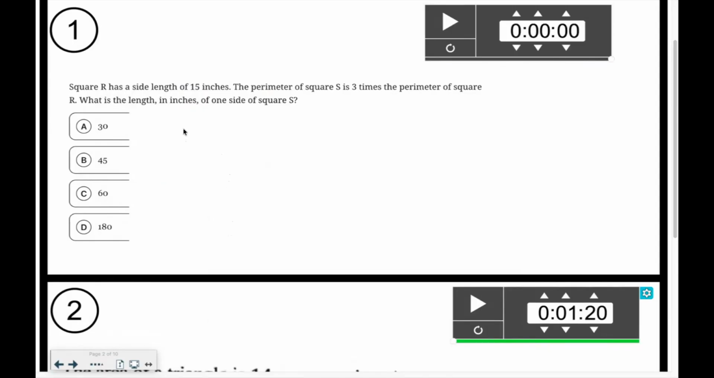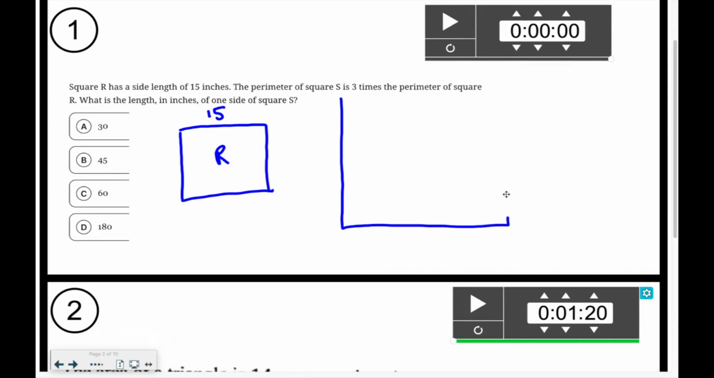All right, so for this one, I'm going to do it the longer way first, and then explain scale factors again, to show you how to save time. So first off, if we have this square R, it says it has side length 15. And then we have this square S, which is bigger. Since it's a square, these are all 15,